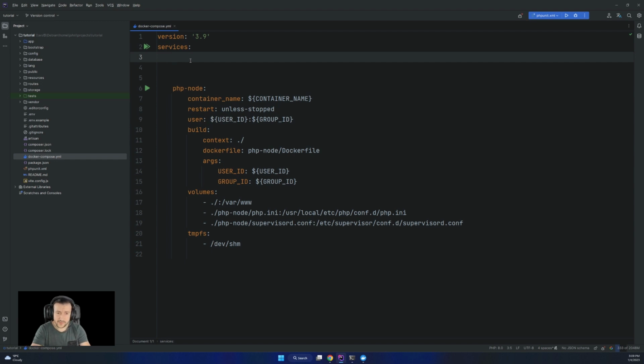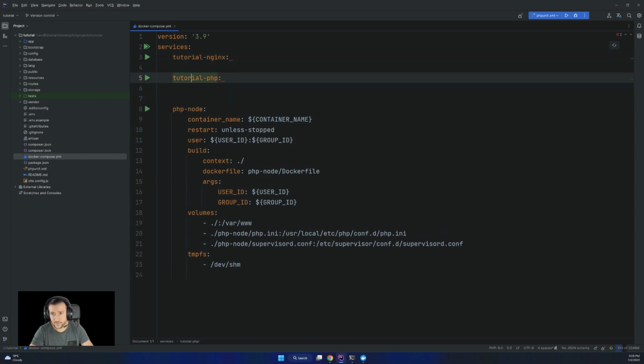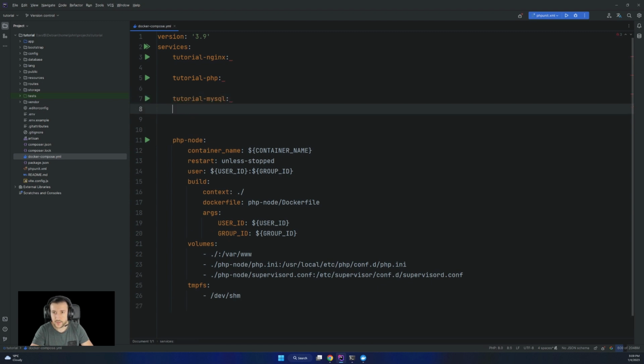To keep it simple, I'm gonna name the services the same as the container, and I'm gonna go with the image name to be even more suggestive. So it will be tutorial-nginx for the web server, then tutorial-php for the PHP container, and then tutorial-mysql for the MySQL image.